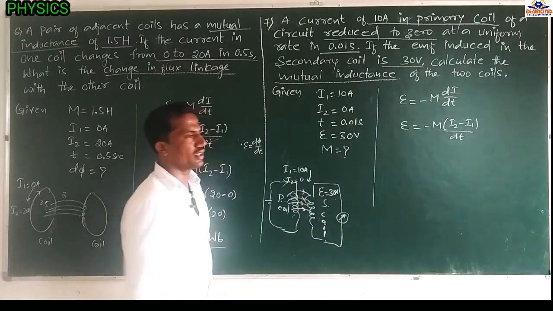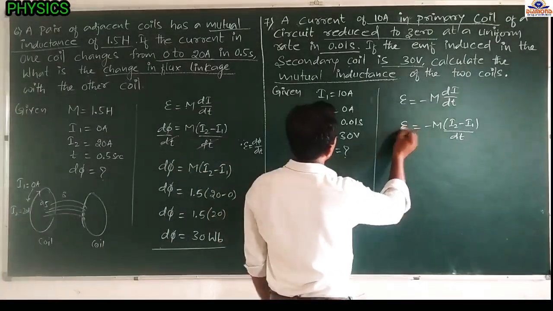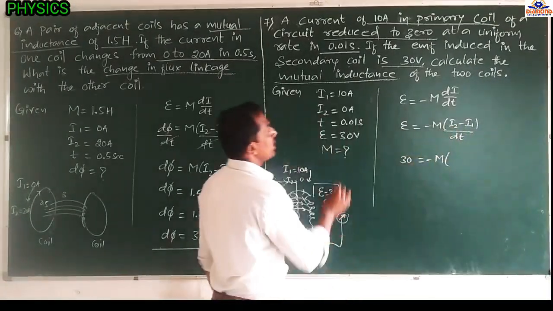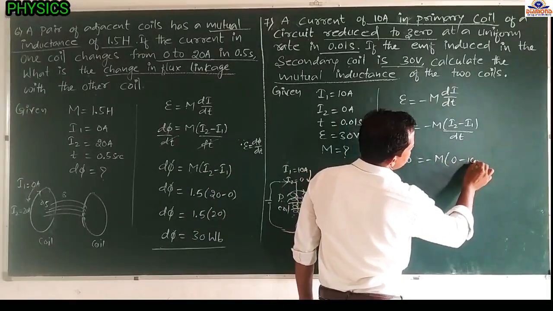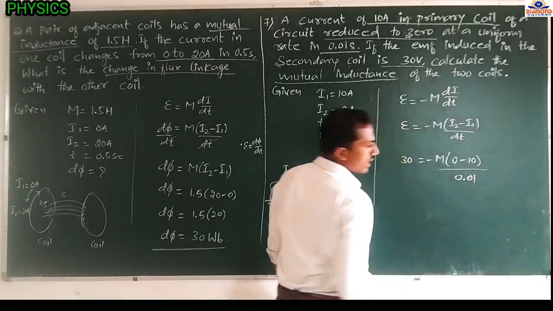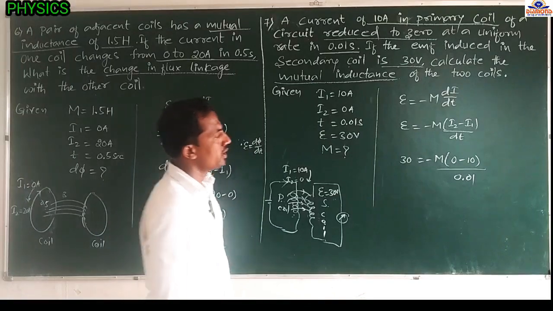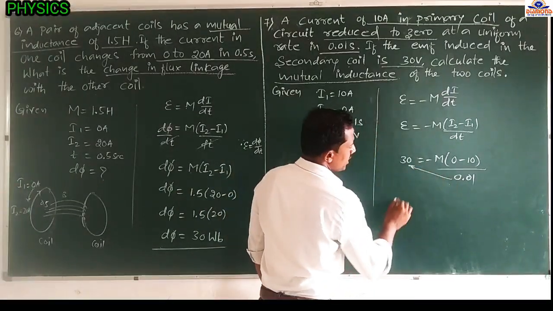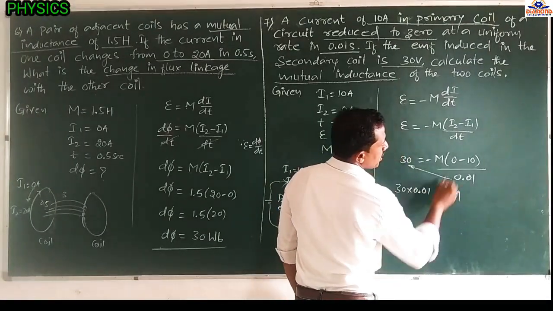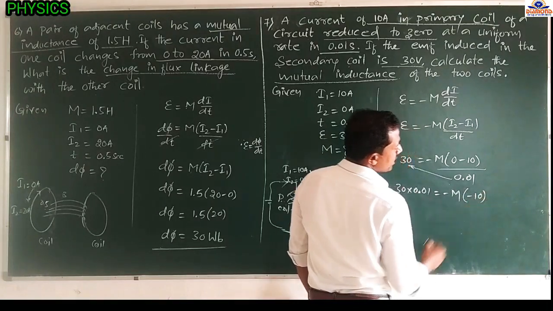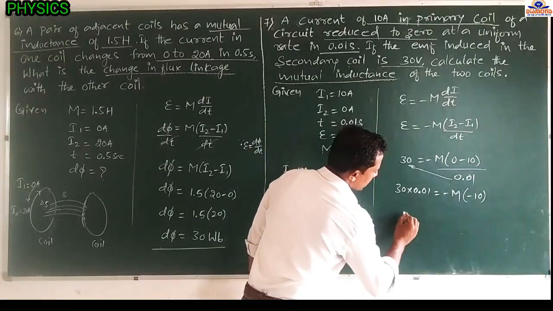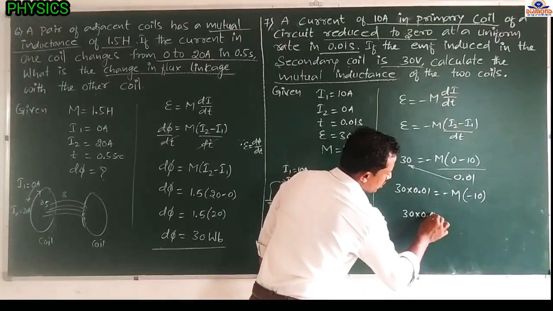Then substitute this value in this problem. We are writing E equals to, what is the value? 30 minus M is as it is. I2 value is 0. I1 value is 10 divided by time value is 0.01 second. Then this term take this side means we are writing 30 into 0.01 equals to minus M. 0 minus 10 means minus 10. Minus into minus means plus. Then we are writing 30 into 0.01